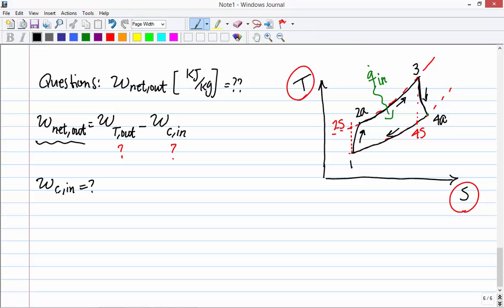This is the question. To be able to find the work consumed by the compressor, based on the tables, we can solve for enthalpies. If the process 1 to 2, here's the process. So when we are now inside the compressor, our subsystem